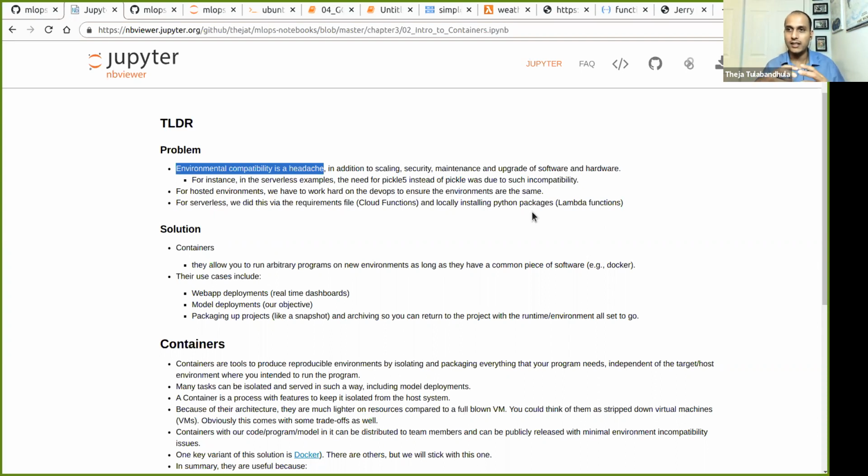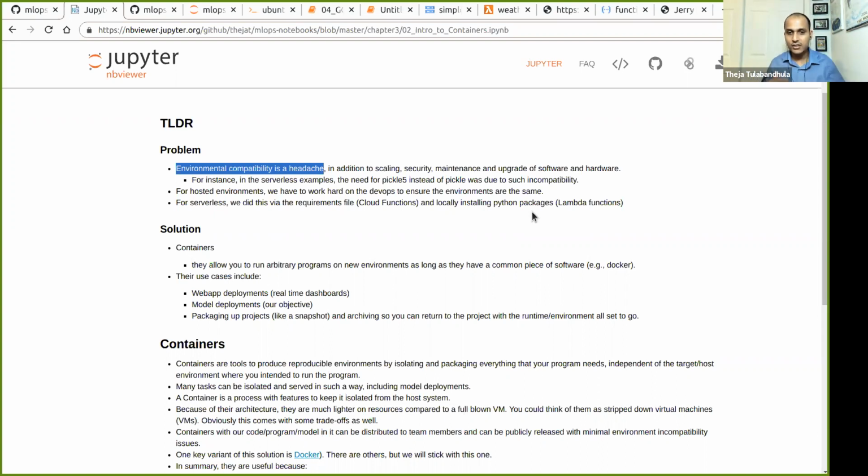So there are versioning issues and varying environments across different machines. For example, if you and a few of your team members are working on the same ML model, the training environments could be different because your machine may be different from theirs. It could be as simple as some minor difference between packages, which may cause some hard-to-trace issues.